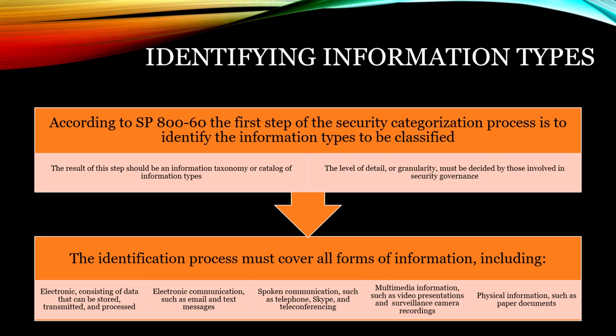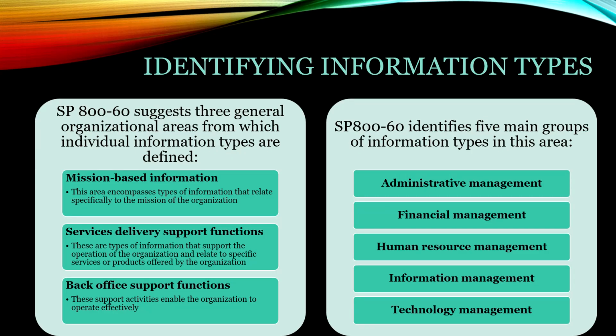Another item that the 860 outlines are 3 steps that are more suggestions for information types. Is it mission-based, service delivery, or back office support? So for the mission area, this area will encompass types of information that is related specifically to the mission of the organization. An example is organizational healthcare, has information on what healthcare delivery services provide, fees, schedule, insurance arrangement, things like that, as well as technology companies that support that information about the research, development, plans, goals, consulting, and things